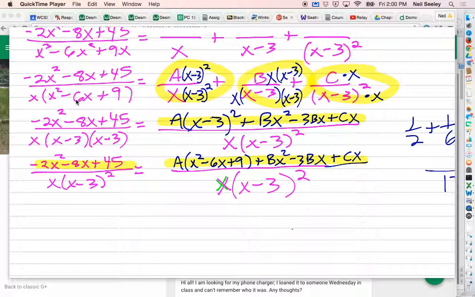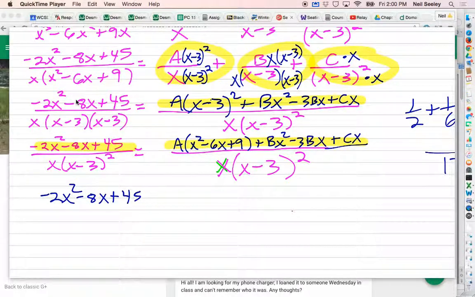So here's where you're at. You're at negative 2x squared minus 8x. I'm going to do a little more simplifying, plus 45. I'm going to distribute that a. It's equal to ax squared